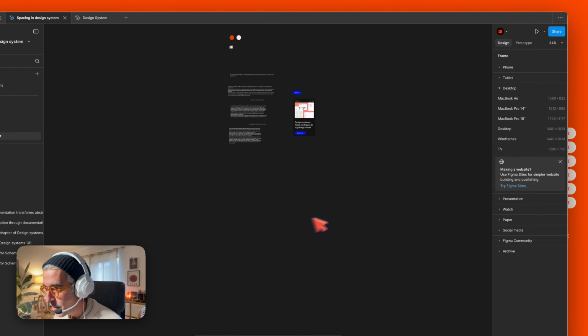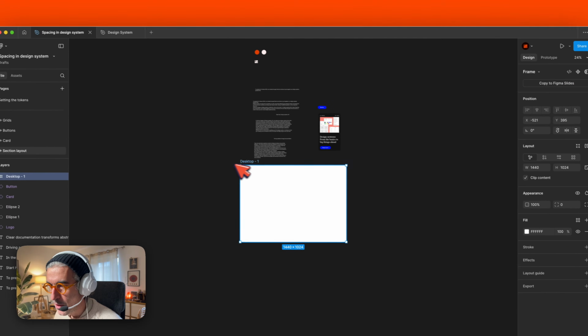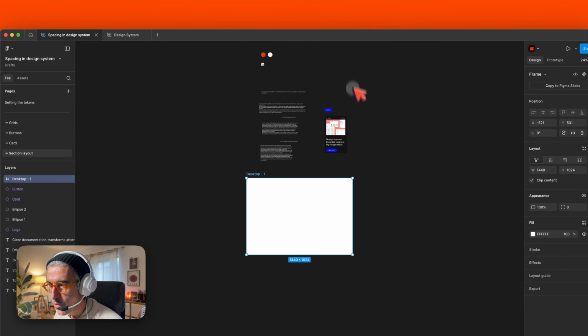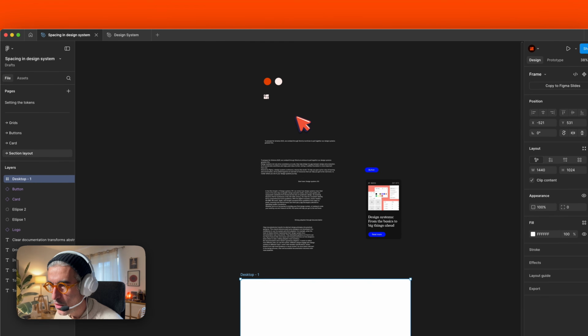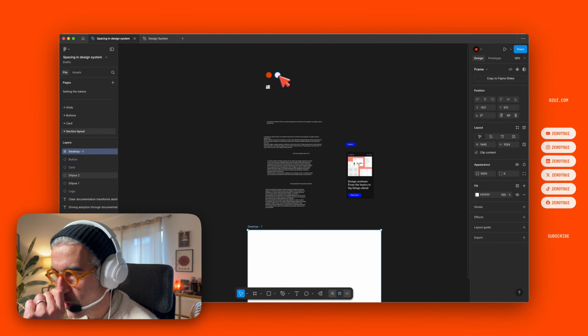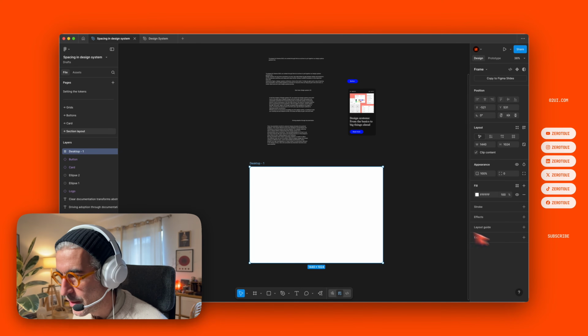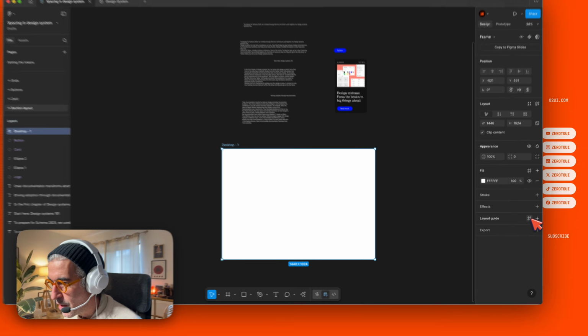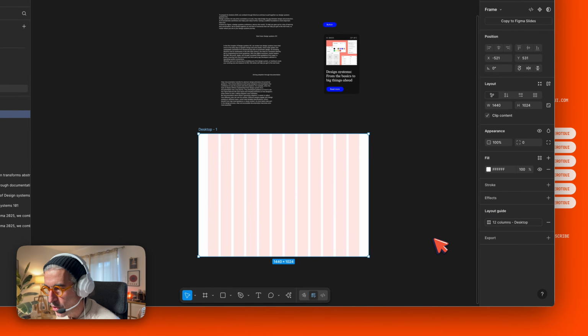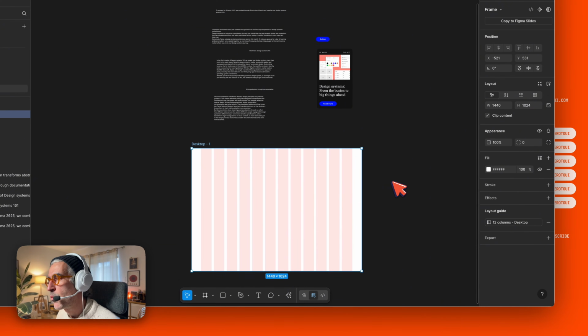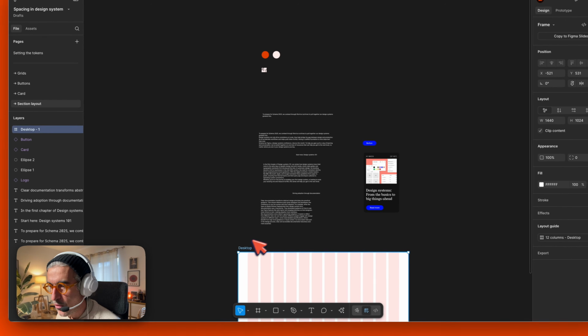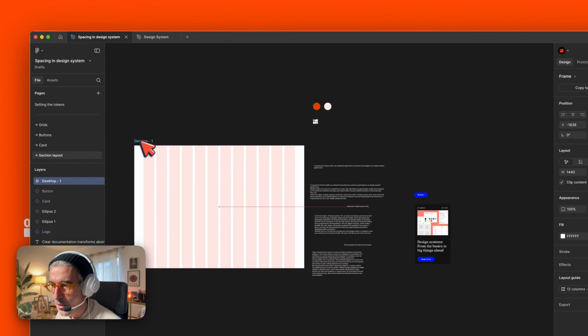So let's go ahead and add, press F, desktop, and from here I will use these two colors right up front, but let's go ahead and bring our layout guide from 12 columns. Done. What else? This time I will add